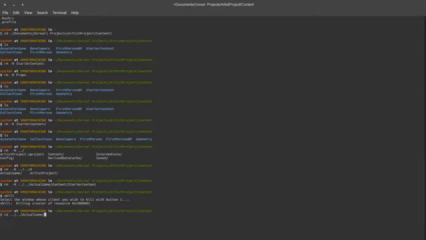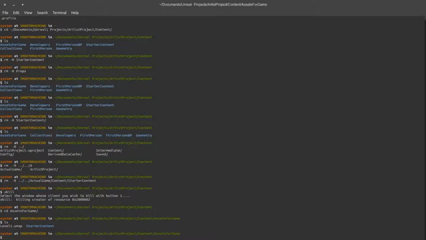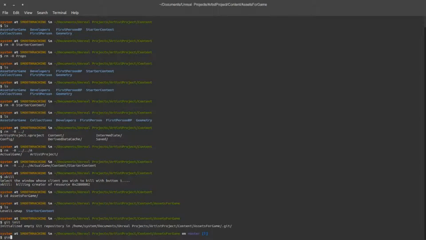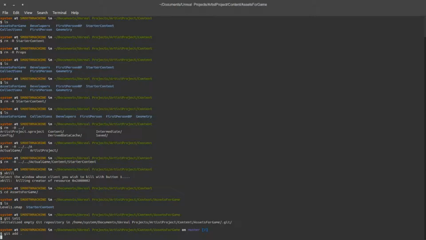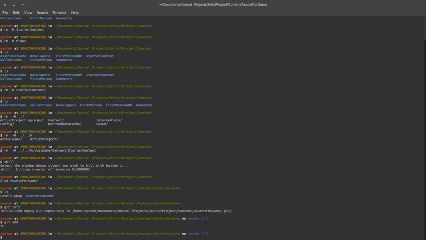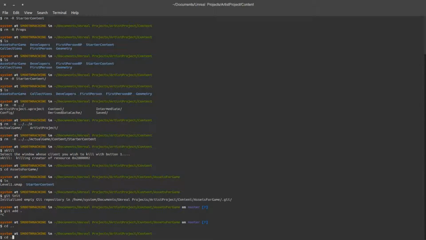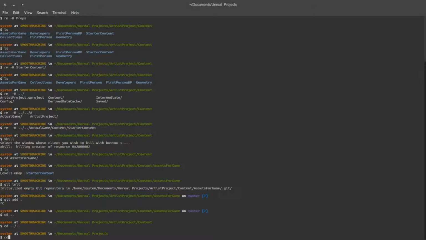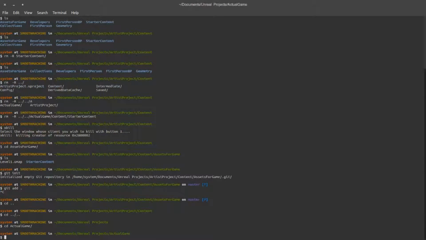And normally what I would do is, inside of this assets for game, which has all of our stuff in it, I would create a Git repository. I'm using the command line. You could just as easily use Git Kraken or whatever. And so I'll add everything here. It's going to take entirely too long. And then commit it, push it up to your repository, and then on the other side, the coder would, inside of the actual game,